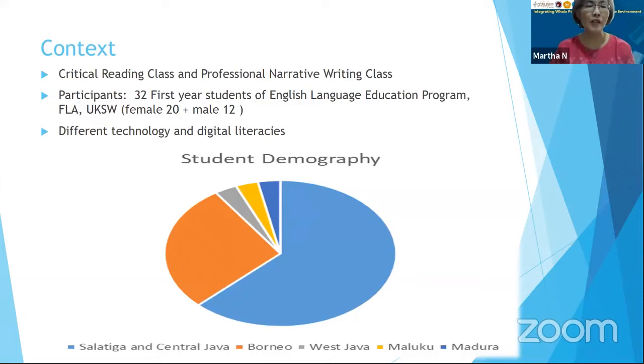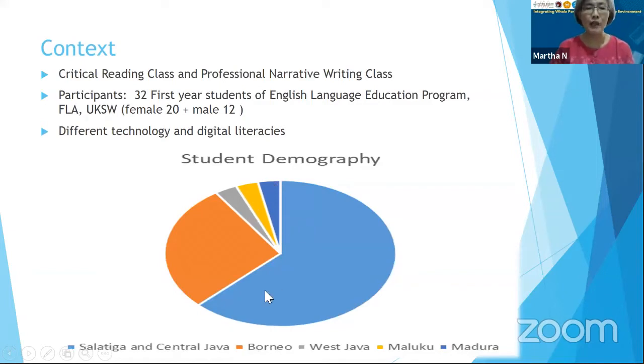They are 20 female and 12 male. Looking at the student demography, most of my students are from Salatiga or Central Java. Salatiga is the city where Universitas Kristen Satya Wacana is located. The second majority are students from Borneo or Kalimantan, and a few students come from West Java, Maluku Island, and Madura Island.